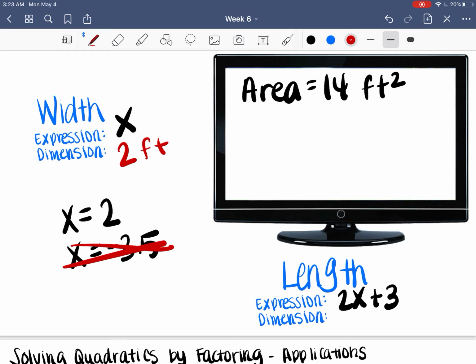So what would my length be? It would be 2 times my width. So 2 times 2 is 4, plus 3 more feet. 4 plus 3 is 7 feet. And 2 times 7, does it give me that 14 feet? Yes, it does. So that means that